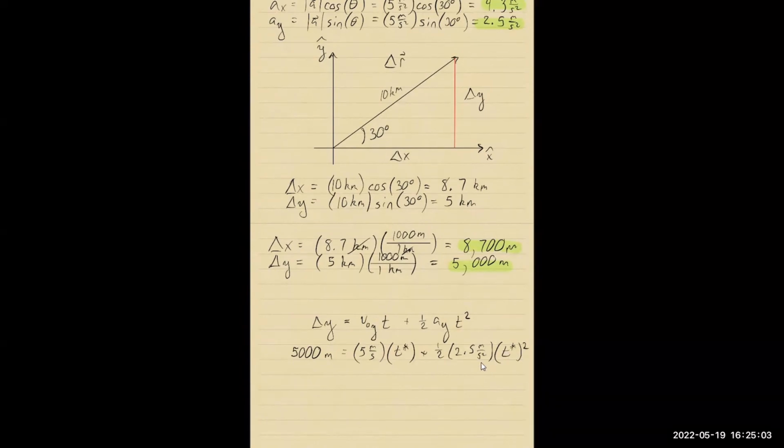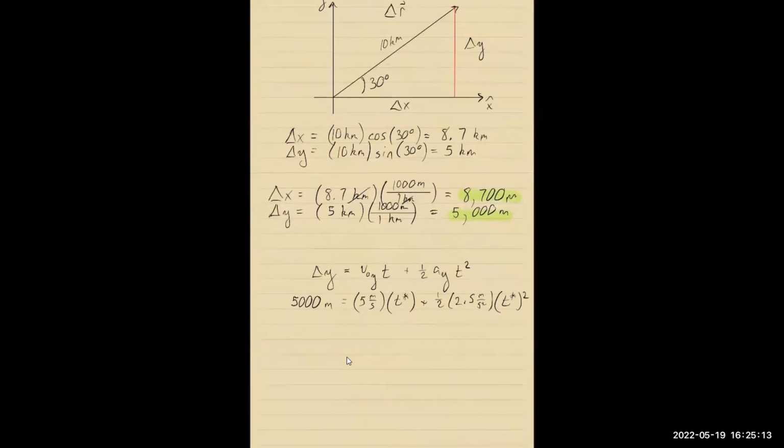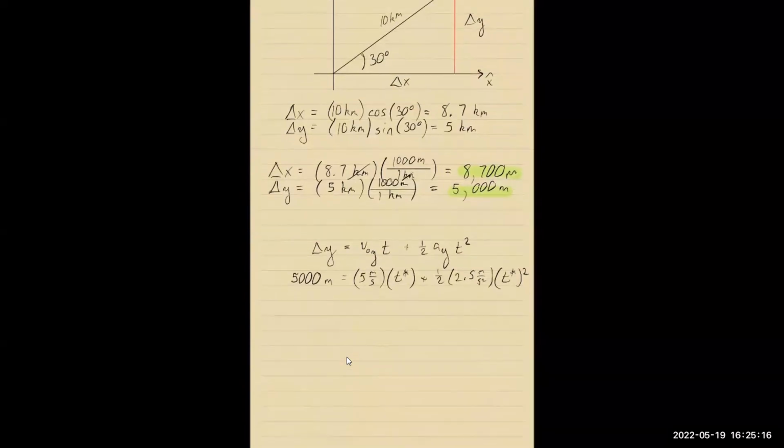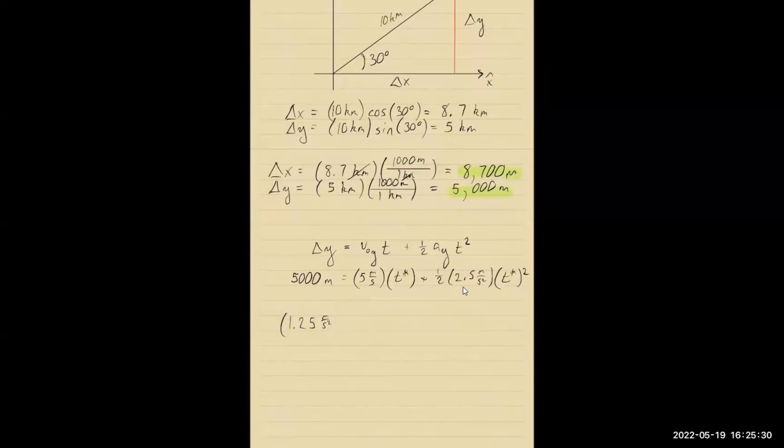And so just like we did last lecture, we're going to solve this. So this is an example of a quadratic equation. So I'm going to move some things around. I'm going to subtract off 5,000 meters from both sides and sort of flip things left and right. And if you guys have any questions about this, please let me know. But to begin with, we have 1/2 times 2.5. That's going to be 1.25. So we're going to have 1.25 meters per second squared times t star squared